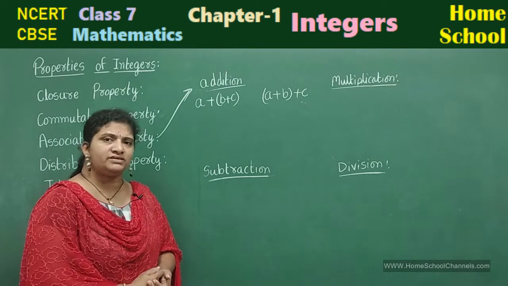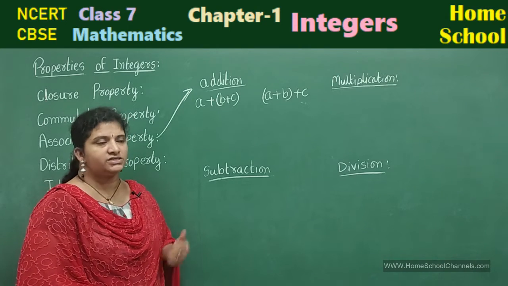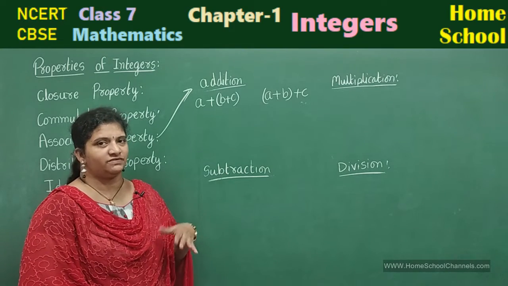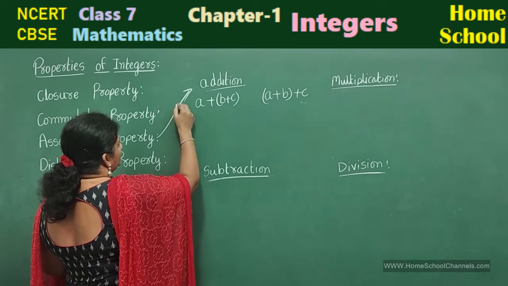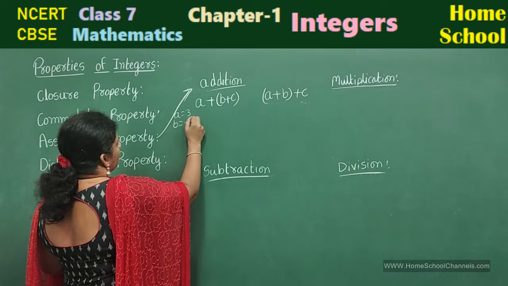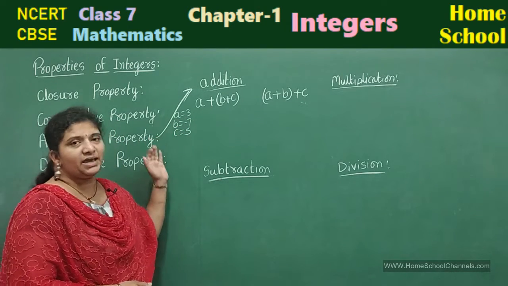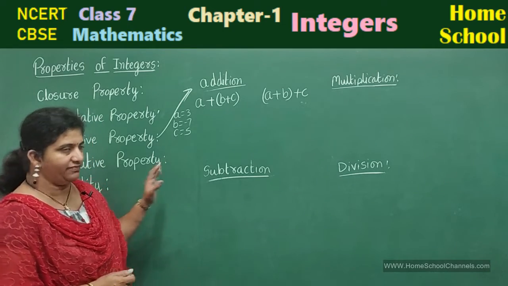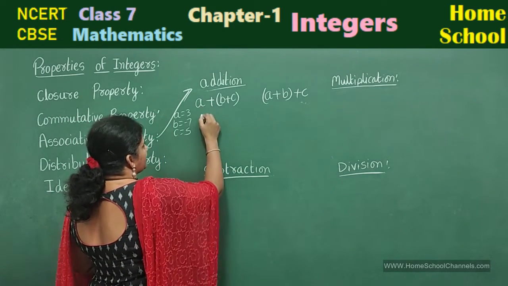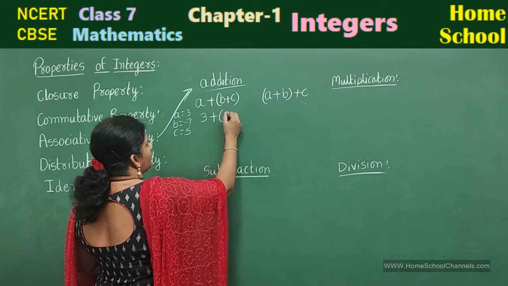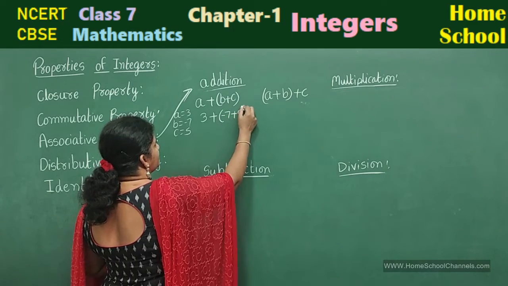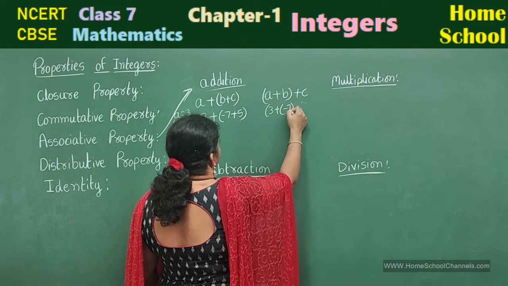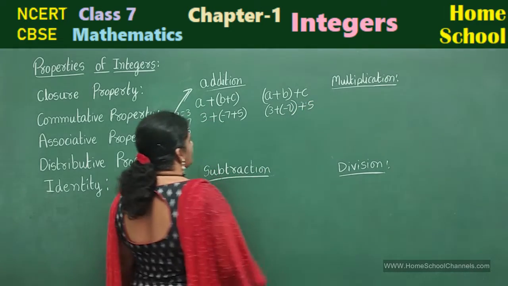Let us take any three numbers. If you want, you can take a mix of positive and negative integers, or you take only negative integers, or only positive integers. Your wish. But let me take a mix of positive and negative integers. Let me take A is equal to 3, B is equal to -7, C is equal to 5. Now we are going to substitute in this. A place 3 plus bracket, B value -7 plus C value 5. And this side, substitute A value 3 plus B value -7, use with brackets, plus C value 5. Okay,